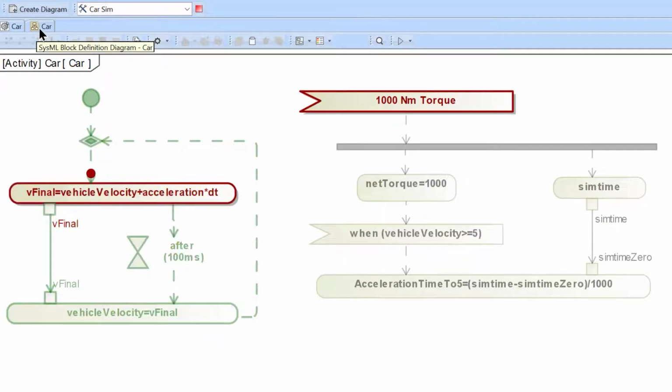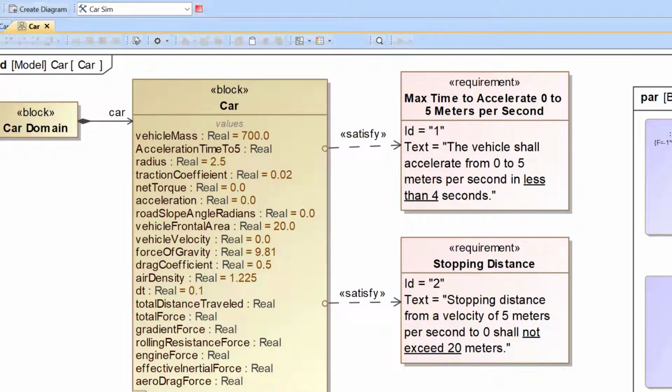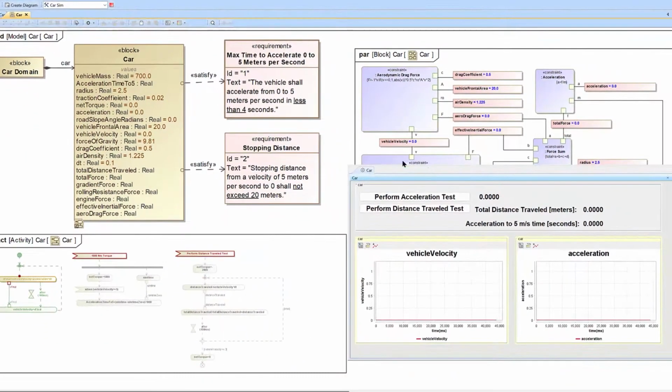And what's neat about that is that value property can have a requirement associated with it. So notice we have this requirement that says it shall accelerate from 0 to 5 meters per second in less than 4 seconds. And that's actually directly connected with this satisfy relationship to the acceleration time to 5 value property, which is the one that was referenced with that opaque action. So what we'll do is we'll go ahead and run this simulation,